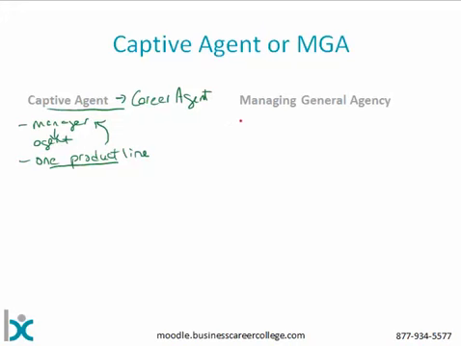On the managing general agent side, this person would be more independent. It's not to say that they're fully independent, because they will typically have a contractual relationship with this MGA. Basically what happens is you've got the agent who has the relationship with the MGA, and then the MGA has contracts with insurers. It is possible to do this other ways, but this is by far the most common arrangement.